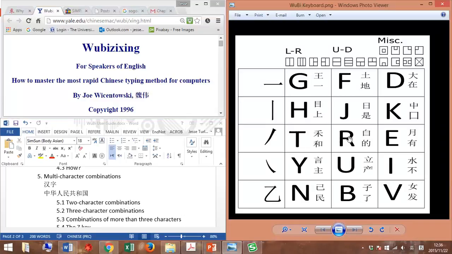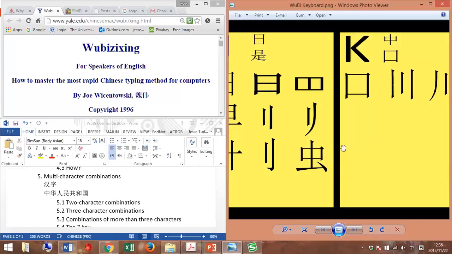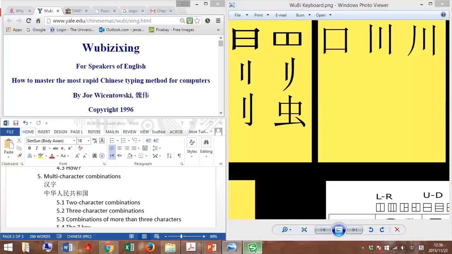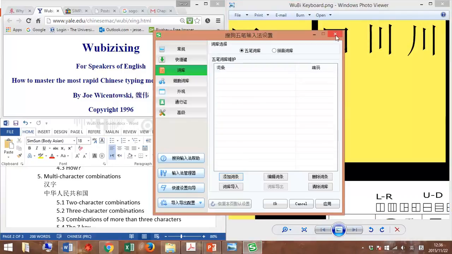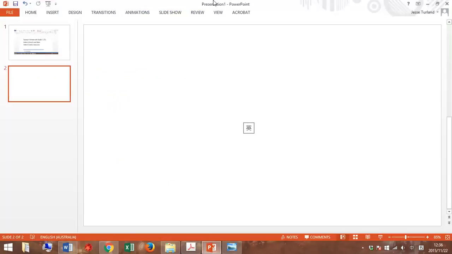So, for instance, this poster which I've been using is something which I created myself and which I'll make available for download. The Sogou software, I'll show you where to get that. I think that's really indispensable if you're after proficiency in WuBi. Okay, 再见。